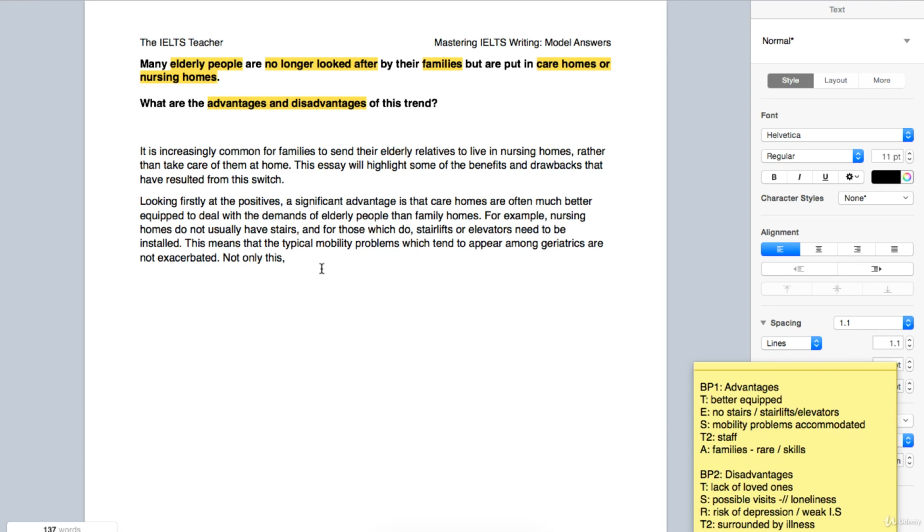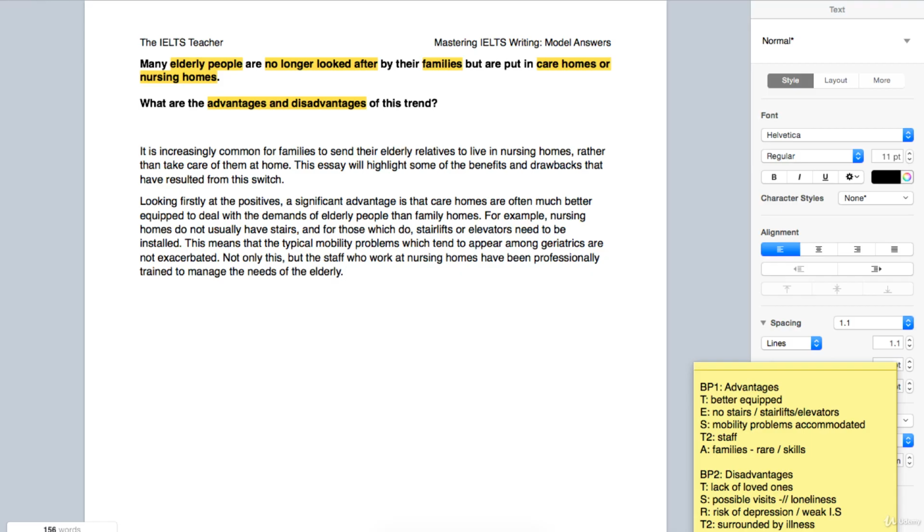Okay, not only this, but, so not only, but, typical structure. Not only this, but, now we have staff, but the staff who work at nursing homes have been professionally, we'll say professionally trained. A nice collocation there. To manage, let's say, to manage we have the demands of the elderly up above, so we'll say the needs of the elderly. In fact, I said elderly people, so now I can say the elderly down here.